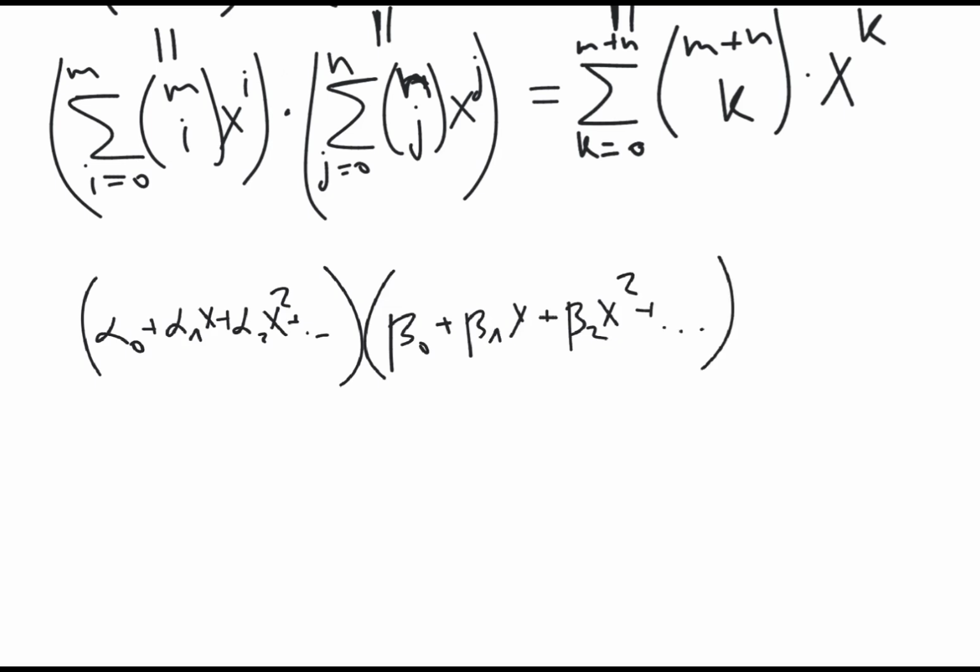And so to expand this product, we simply find the coefficient before any x to the power. So when we expand this, this would be a sum, and the term for x to the power k would be the sum of alpha